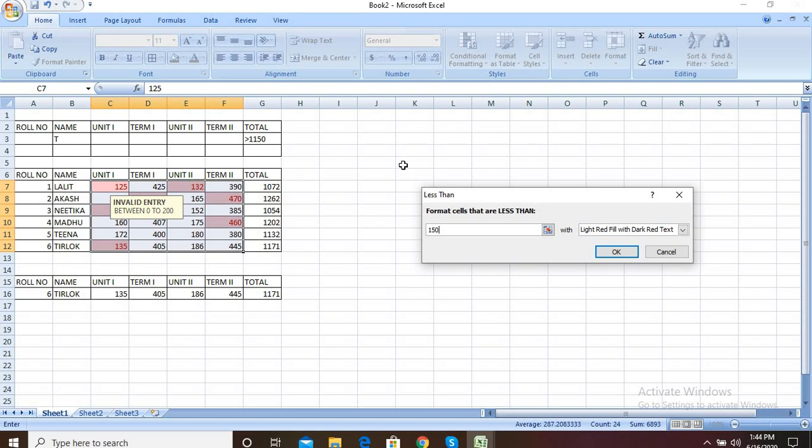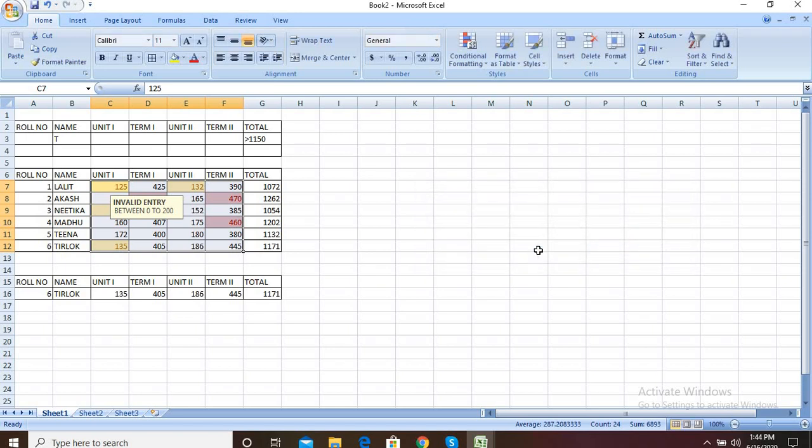I think all should be colored. We will see less than 150. Here color yellow with dark yellow text. So see here, those students who got less than 150 marks show the color in yellow.